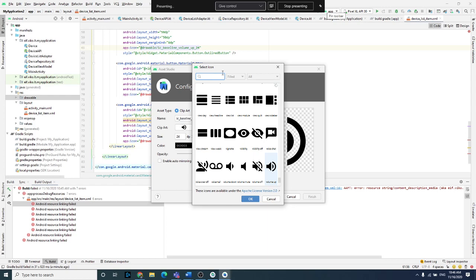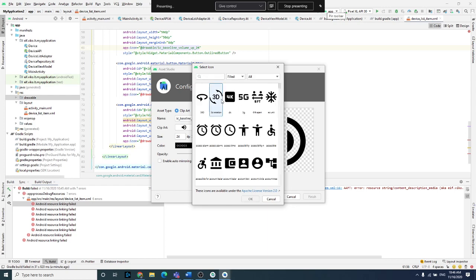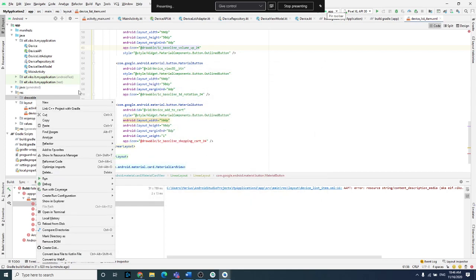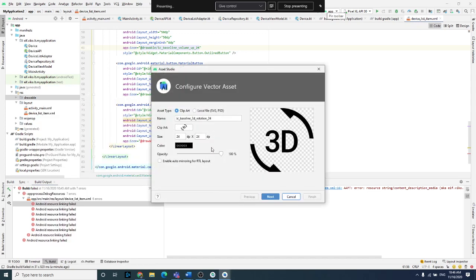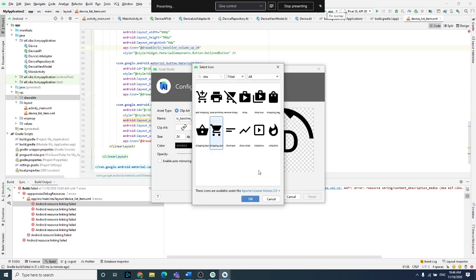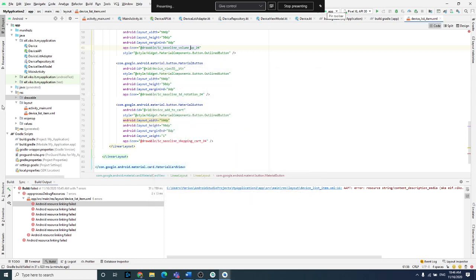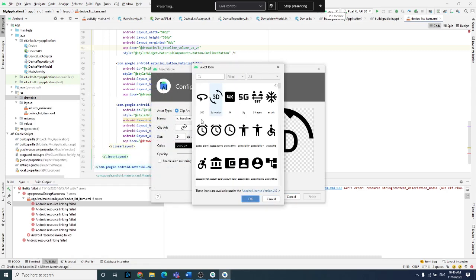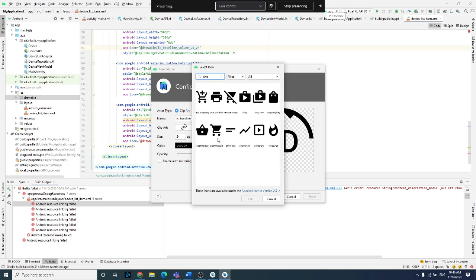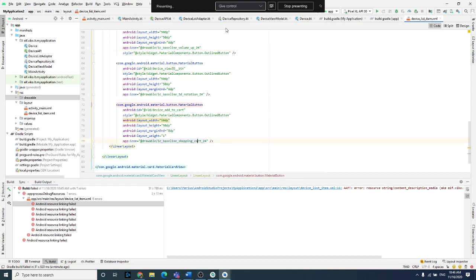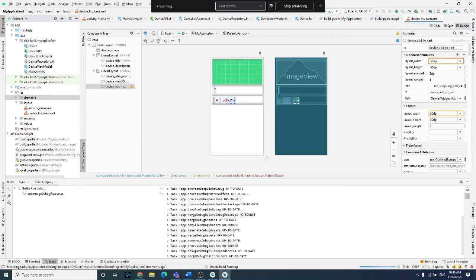We need 3D rotation, okay, and shopping cart. Shopping cart here. Oh, misclicked. Shopping. Next, finish. Okay, we already added those. We should now find